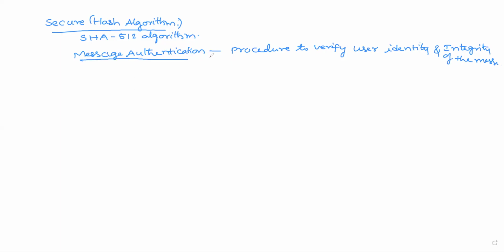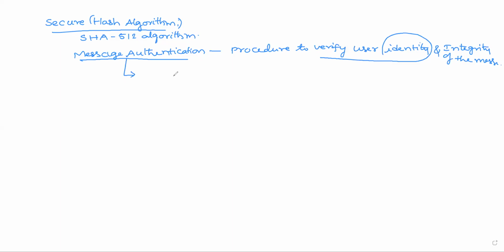It is the procedure to verify user identity, and not only that identity, integrity of the message. So for providing this authentication, which is used to verify mainly the user identity, we are having some message